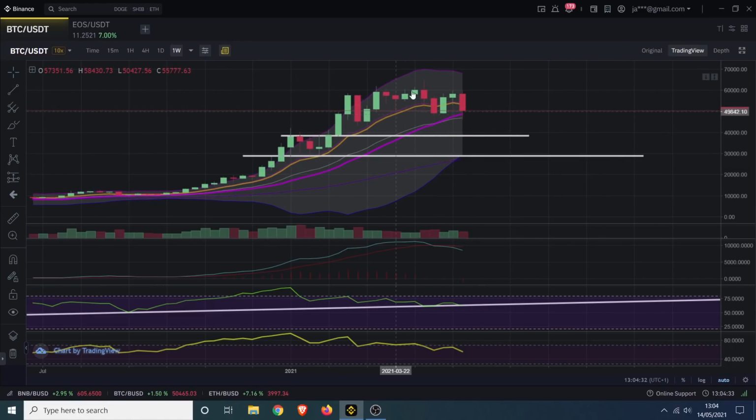Yeah, I really don't think that this is the end of the market. The market seems relatively healthy as a whole, and that's how we have to look at it. We have to look at the market as a whole. You know, I talk about these rotations from altcoins to Bitcoin, from Bitcoin to altcoins, and top caps to small caps to micro, blah, blah, blah. It's all part and parcel of the overall market. So to look at one chart can be quite deceptive.